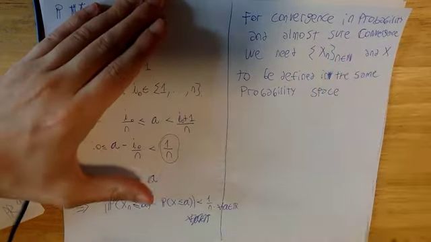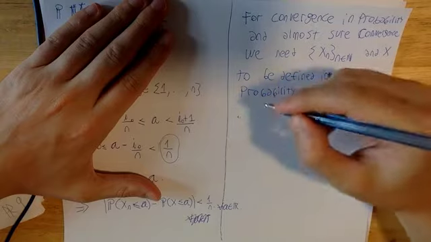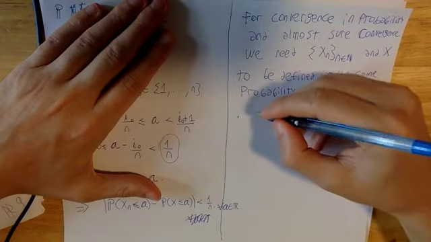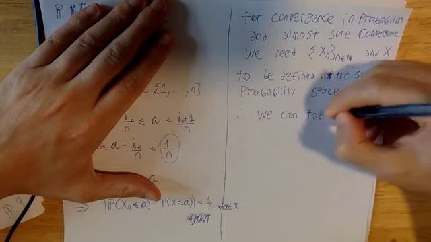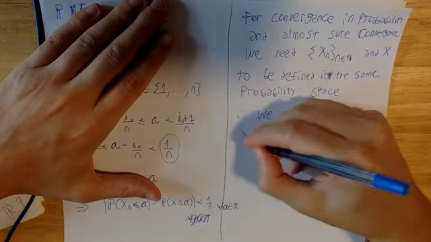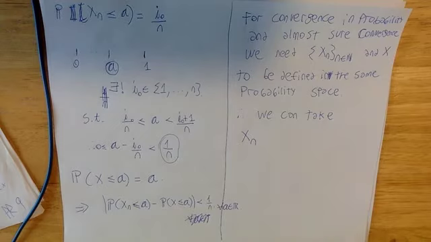In particular, we can take Xn, which is now defined in 0, 1,